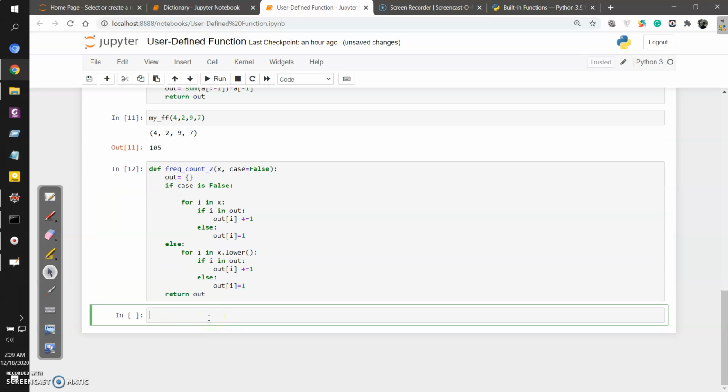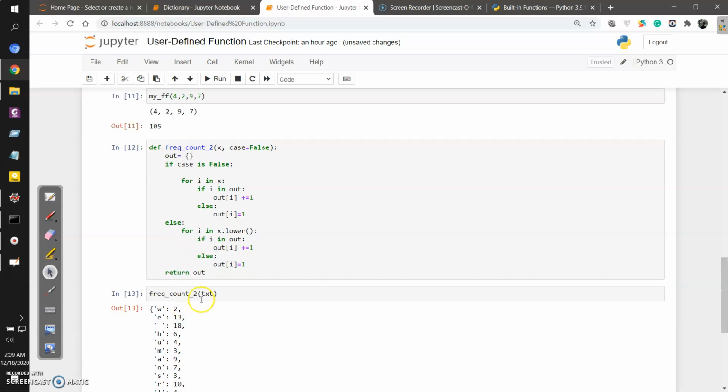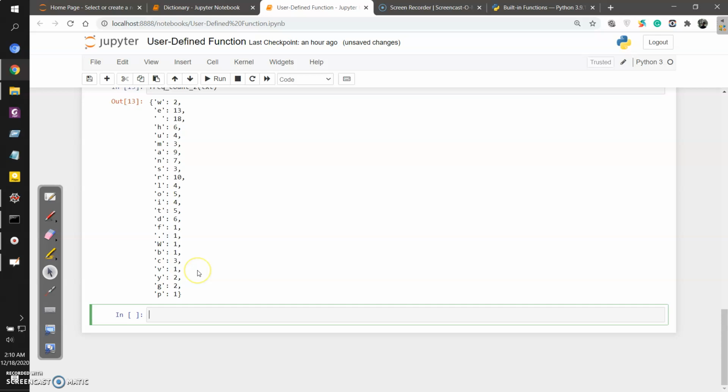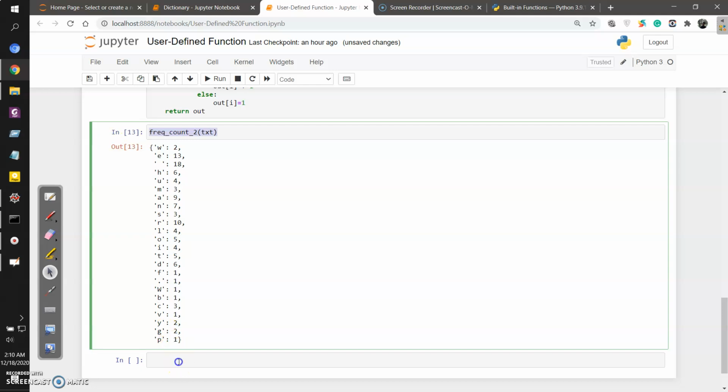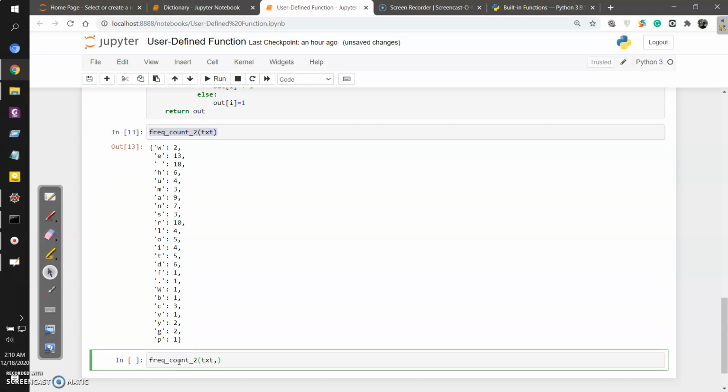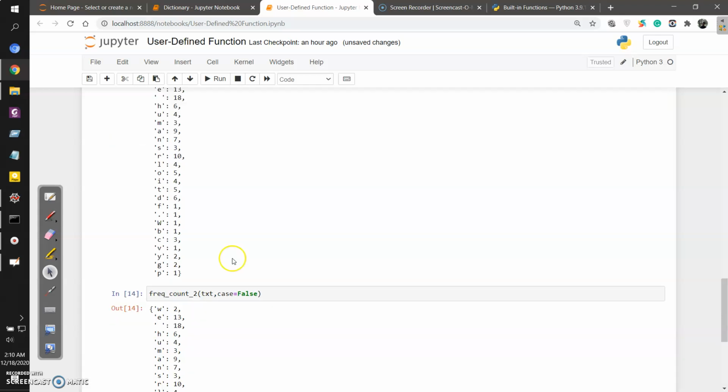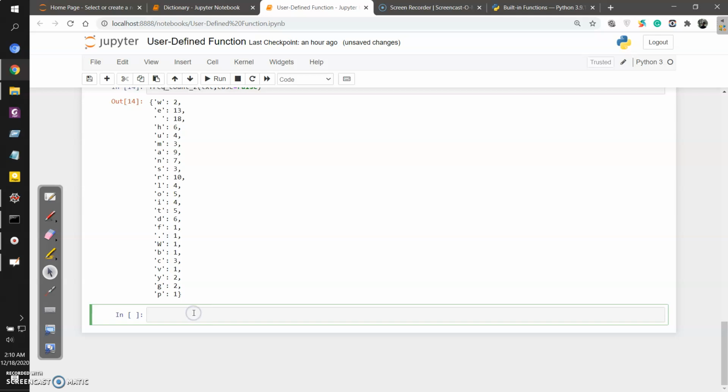So let's see, okay. If I call our frequency count 2 with this text, let's see what happens. As you can see, when I perform this on the text, I have already defined the case as false, so I may not mention it. It is completely fine. Now if I want to call it again, comma, what was our key? That was case. So case equals false, that is already given by default, so it will perform the same operation, okay. No difference. Only if I mention that case equals true,